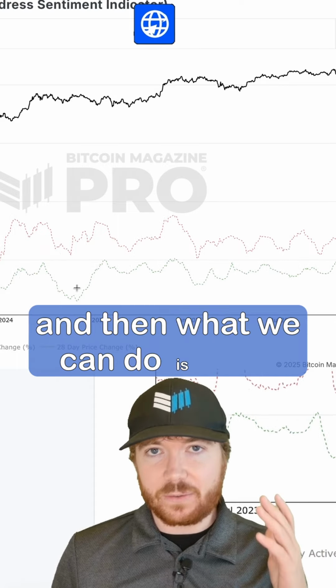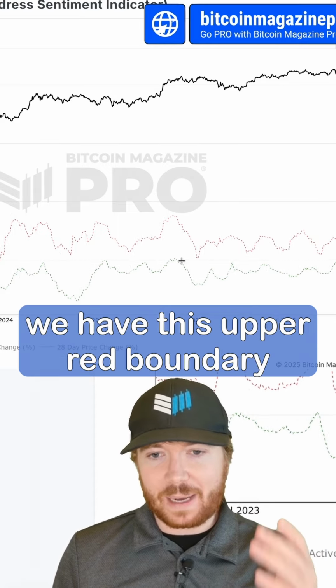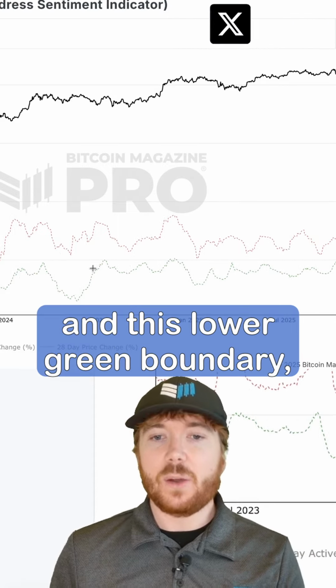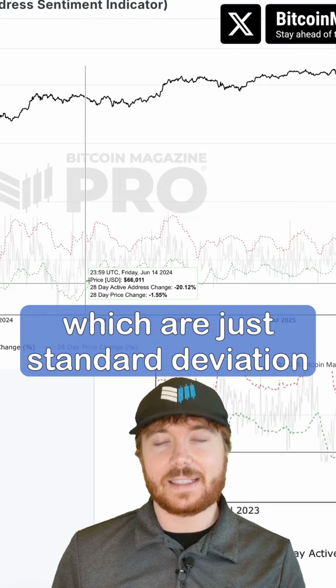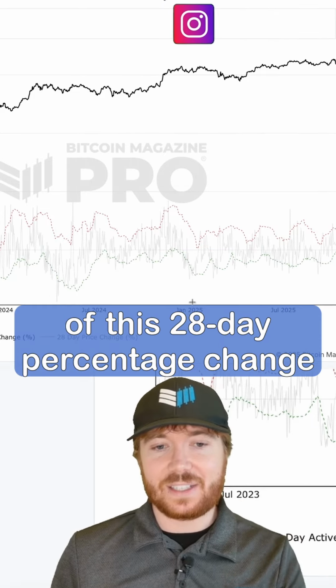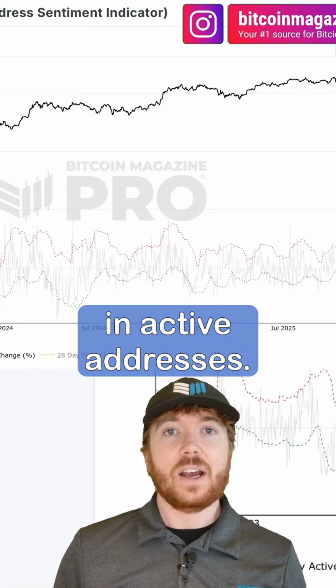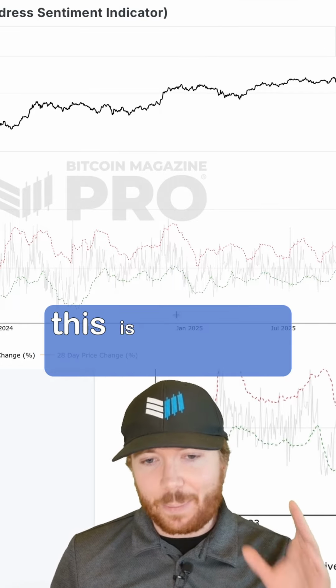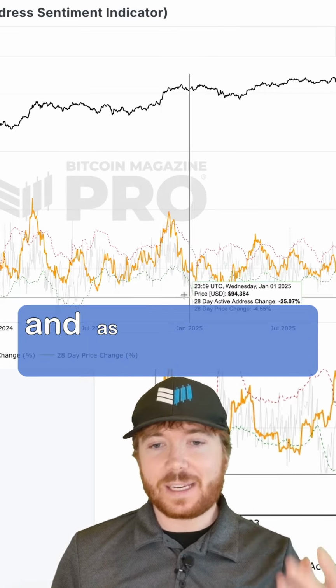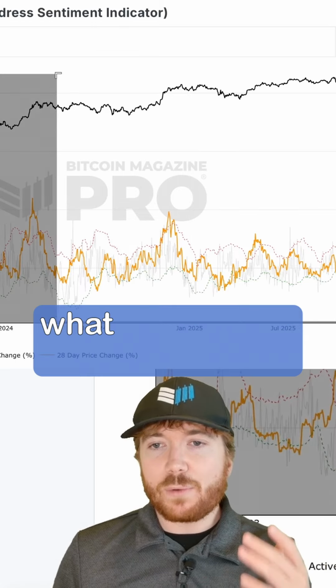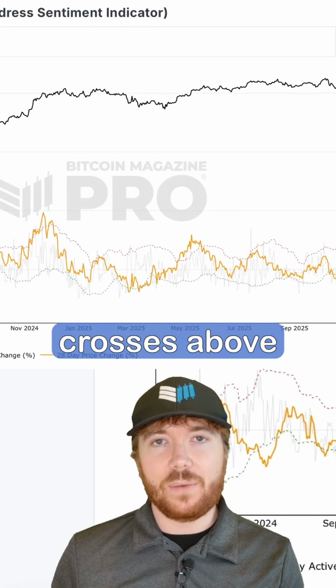And then what we can do is, if we remove that, we have this upper red boundary and this lower green boundary, which are just standard deviation lines of this 28-day percentage change in active addresses. So for the strategy we'll be covering today, this is the basis that we'll be using. And as we just overlay this, what we're really looking for is crosses above and beneath